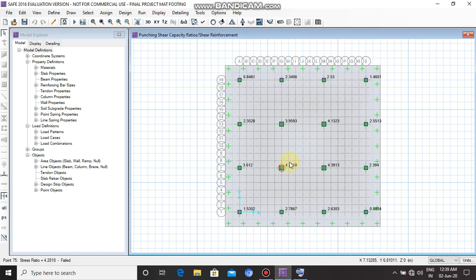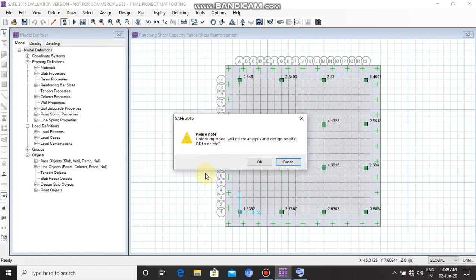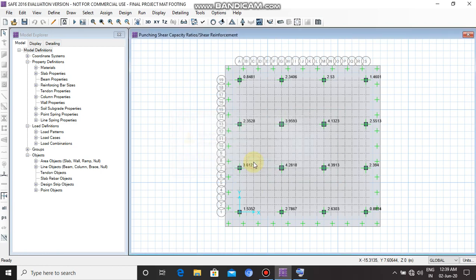For that, first of all, you have to unlock the model. Here it is written, unlocking model will delete analysis and design result. OK to delete. So click on OK. OK, so the model is unlocked.